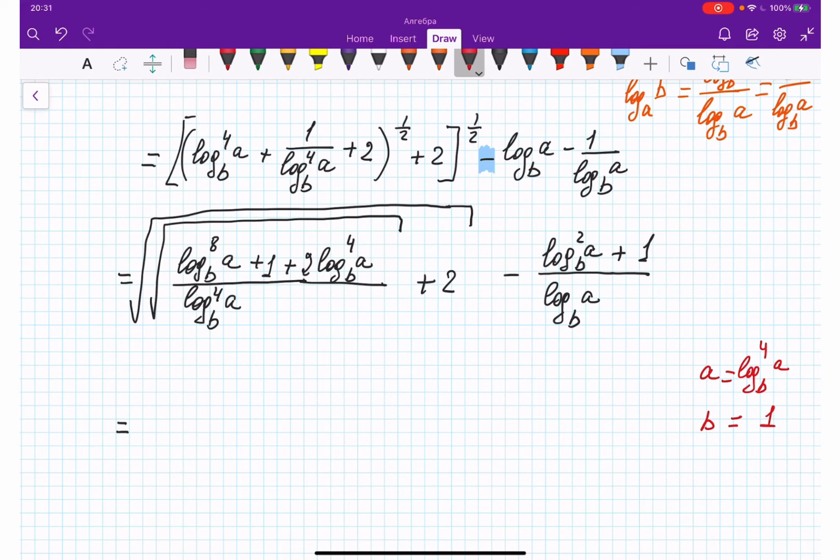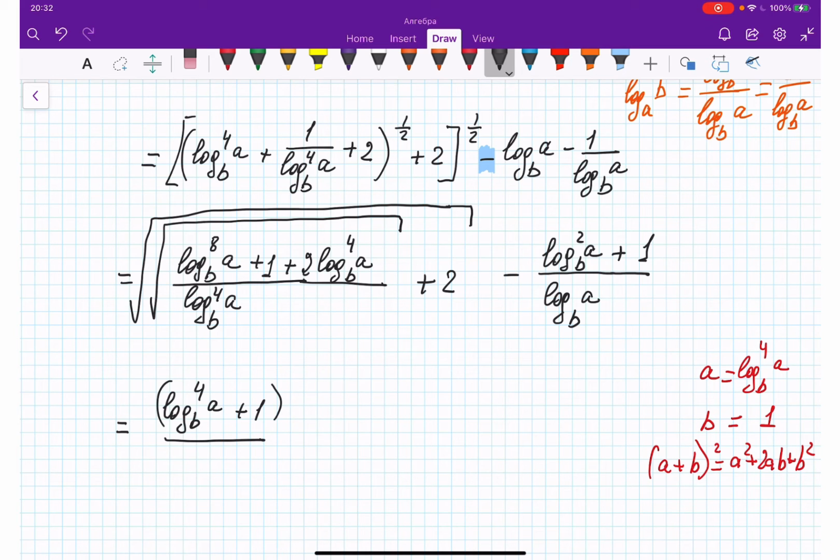And practically (a plus b) squared is equal to a squared plus 2ab plus b squared. Okay, let's see what we're going to get. It's going to be logarithm a by base b to power 4 plus 1, right? Here it's going to be squared